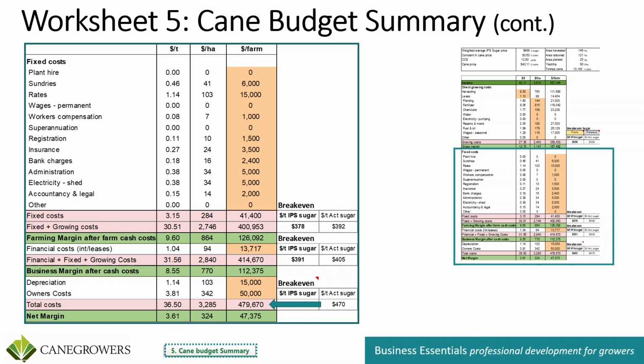The total cost in our example is $479,670. At this total cost point, all production, financing, and living expenses are met within this value. It does not, however, include any capital purchases or repayments, nor any tax payments. To break even on this cost, in other words, income matched this cost, there would be no surplus return on equity. So ideally, we want to achieve more than break even, though this may not always be possible for every